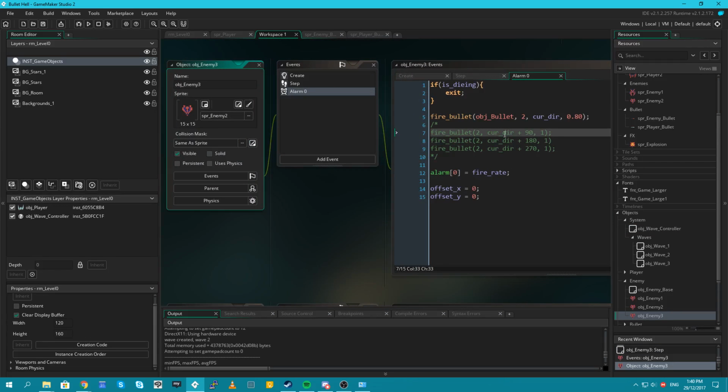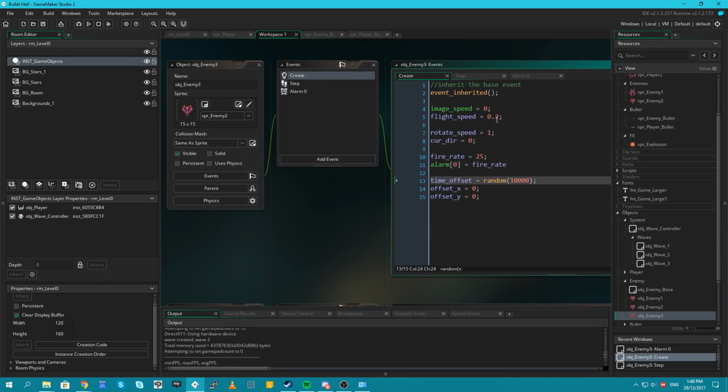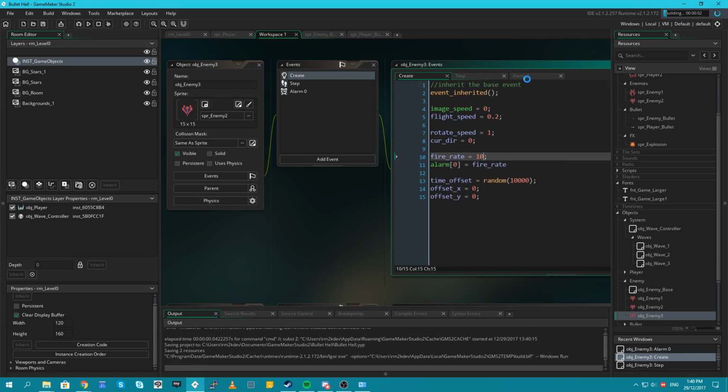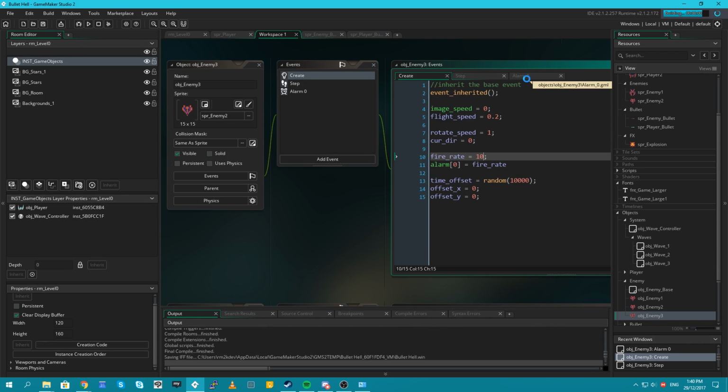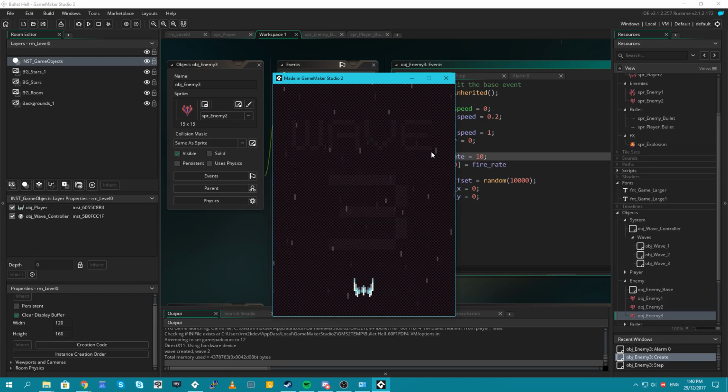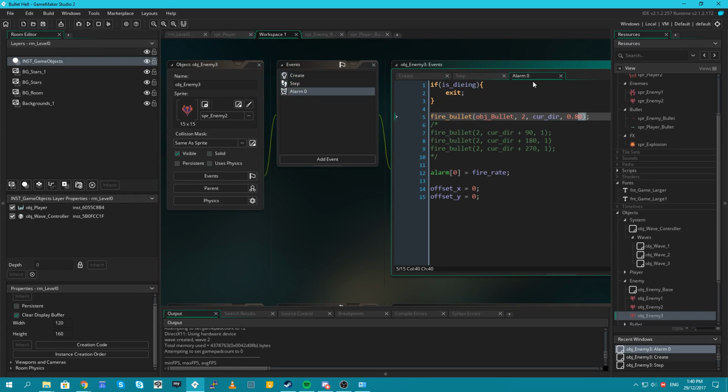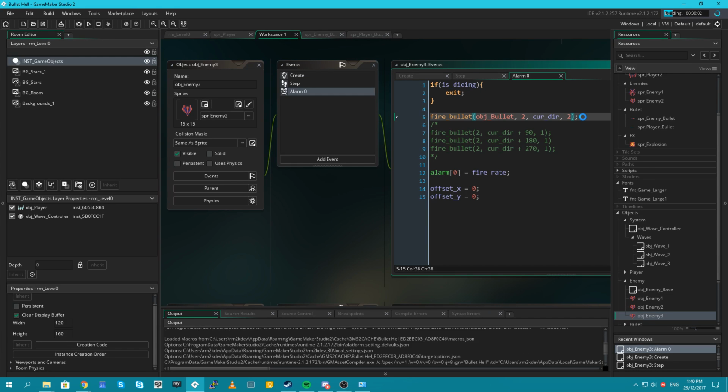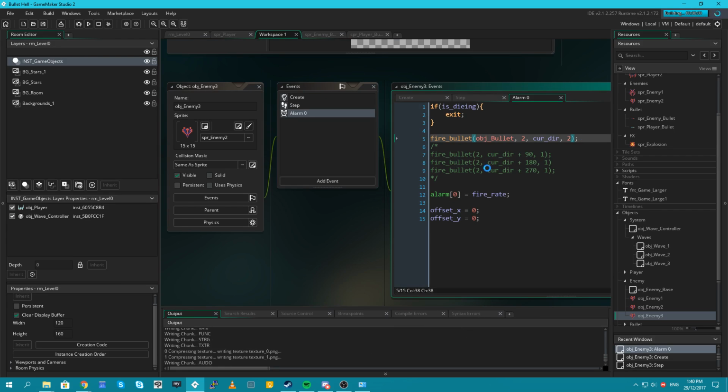So back in here, the bullet speed is okay. The fire rate is too slow. Fire rate was 10 before. But we slowed the bullets down to make more space between them. So maybe the answer to this problem is to speed the bullets up, so that they give us a gap to travel through. So let's increase the speed of the bullets to, say, 2. I'm just playing with the numbers now to see what works.